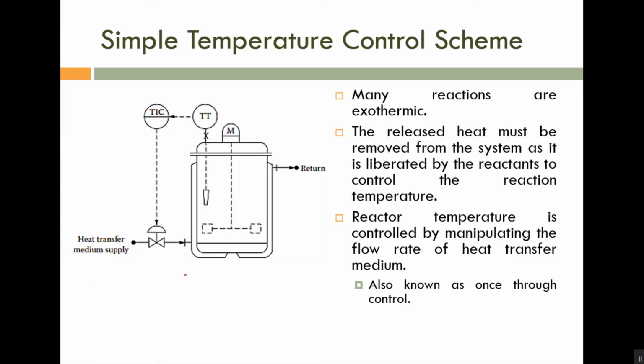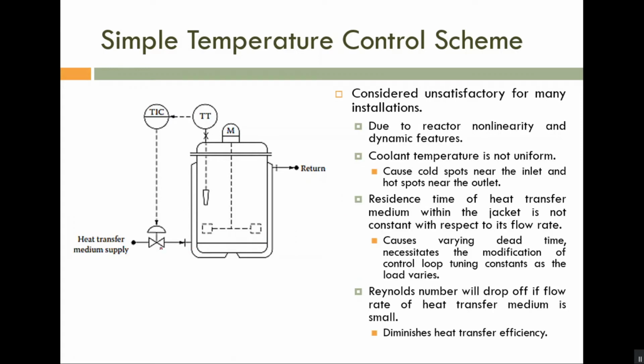The first one is the flow rate of the heat transfer medium through the shell. The minimum flow rate must be large, because a number of factors depend upon it. First one, residence time. The residence time of the heat transfer medium inside this shell depends upon the flow rate, and that residence time must be small, something less than 1 minute. That is the required residence time of the liquid inside this shell.